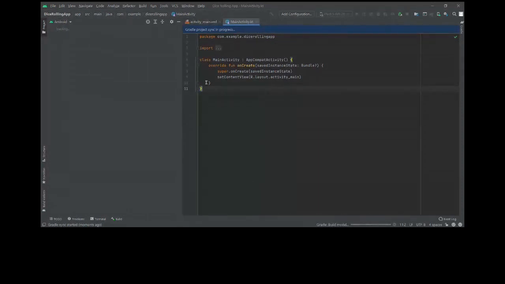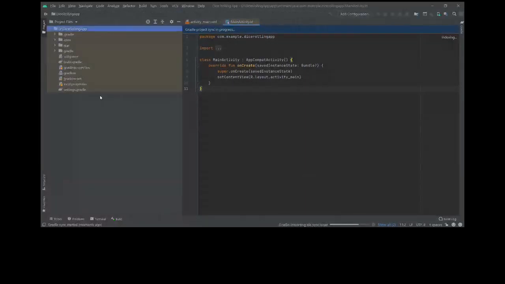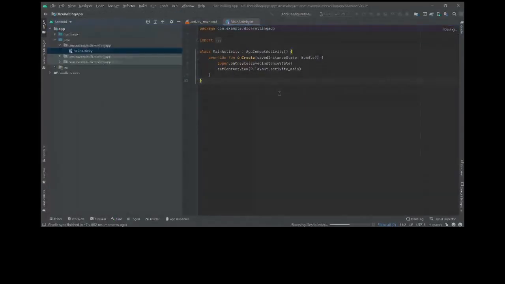So my Gradle sync is done. So shall I continue? So everyone is done with this part.